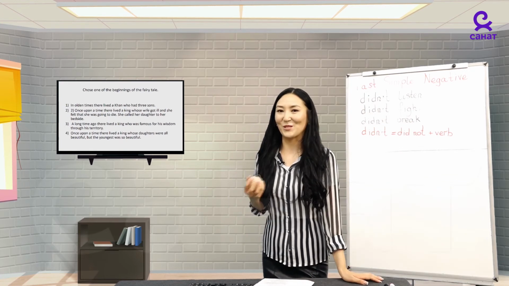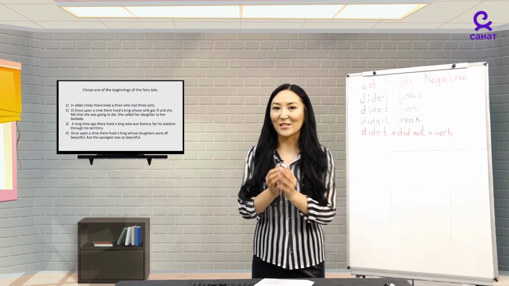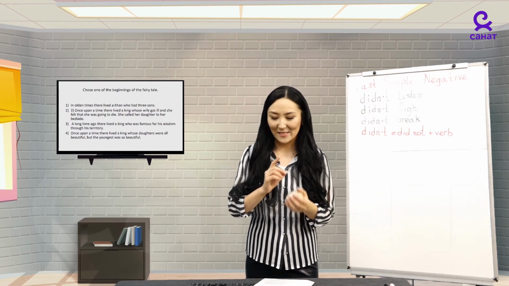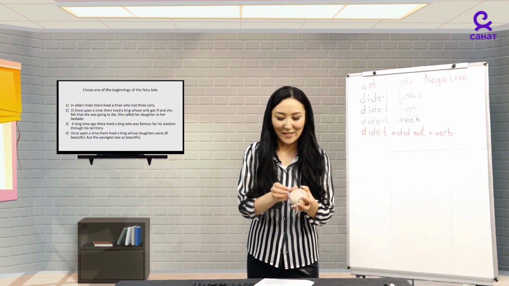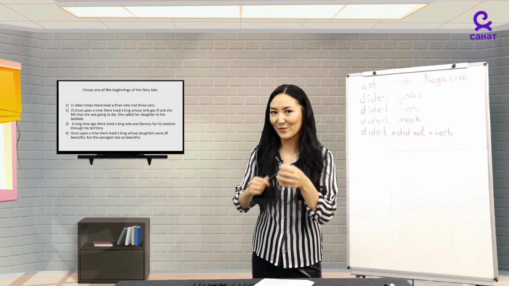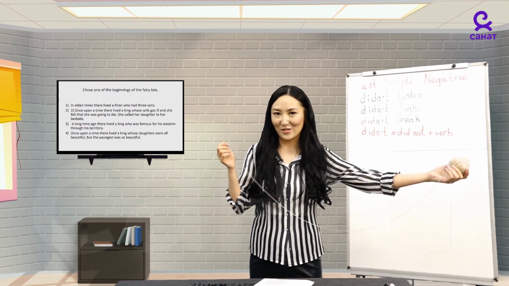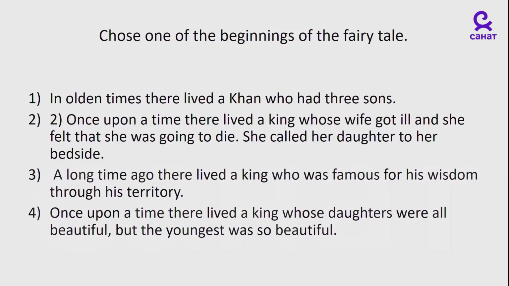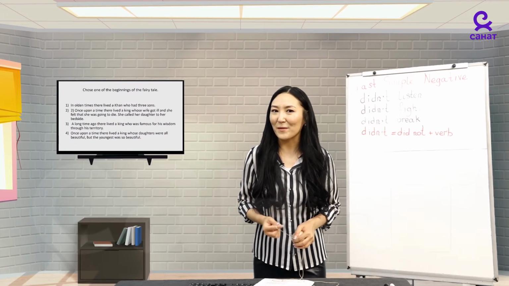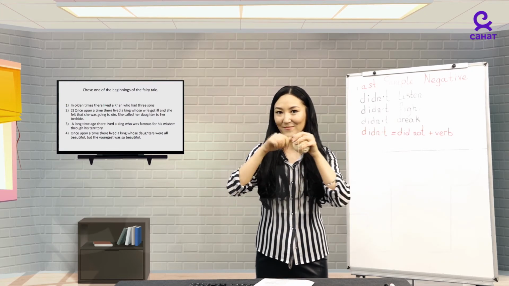All right, catch these knots. Guess, what are you going to do with them? One person catches the knot, says a sentence, and takes the end of the thread and circles it along the finger. Then he or she passes the thread to another student. For example, in olden times, there lived a Khan who had 3 sons. The old man was very happy because his sons listened to each other. Catch the knot.